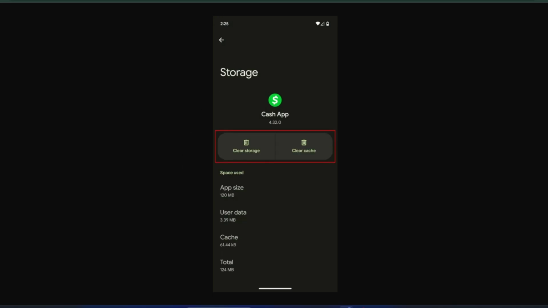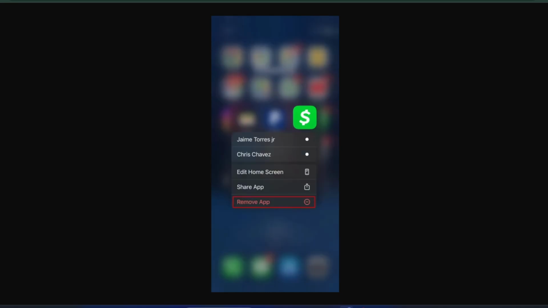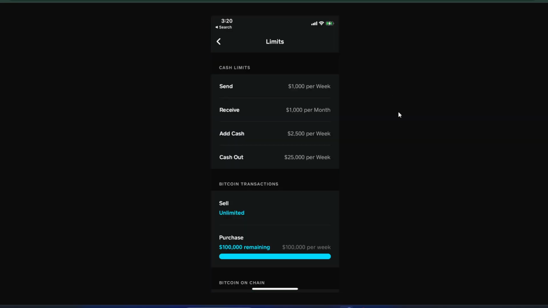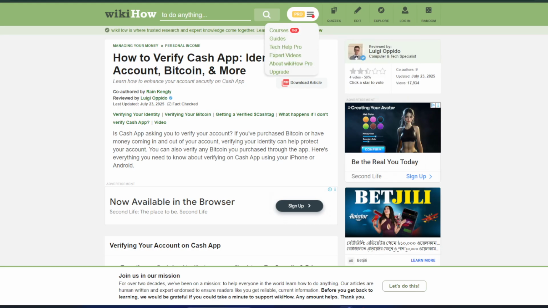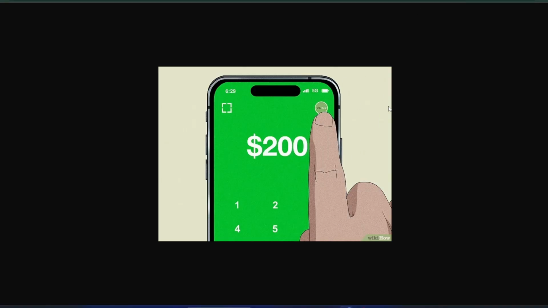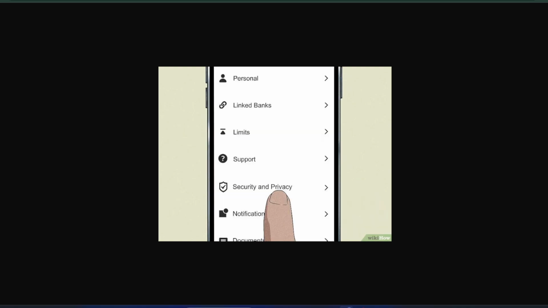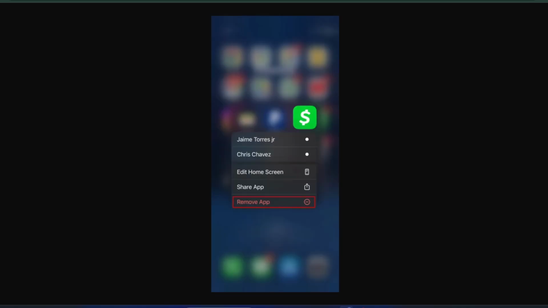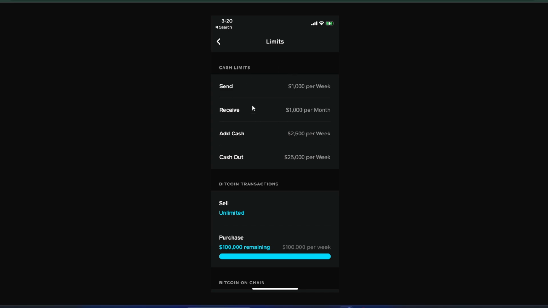Open Cash App, tap your profile icon, and check your account balance. If there's a problem with your balance, you may not be able to receive funds. Scroll down to Limits and see if you've hit your monthly receiving cap. If you have, you'll need to verify your identity by adding your full name, date of birth, and SSN to